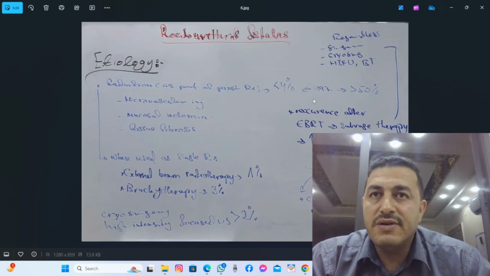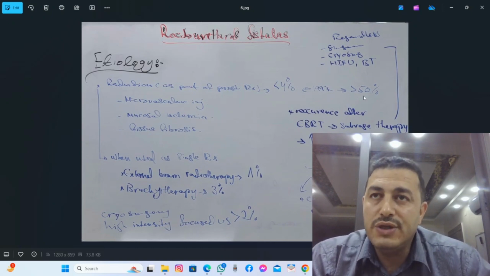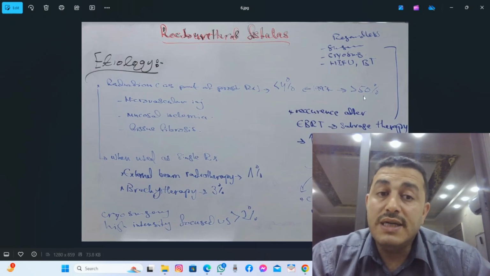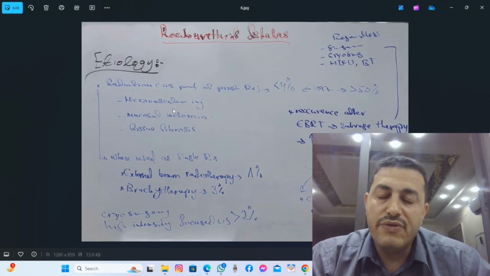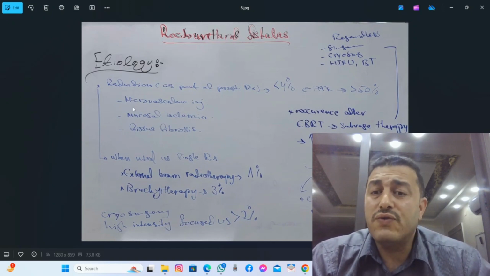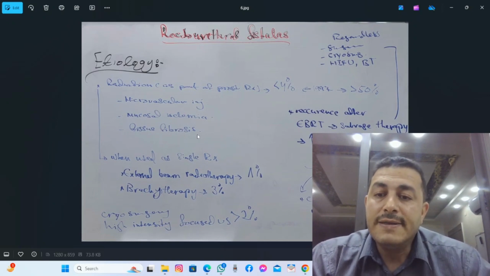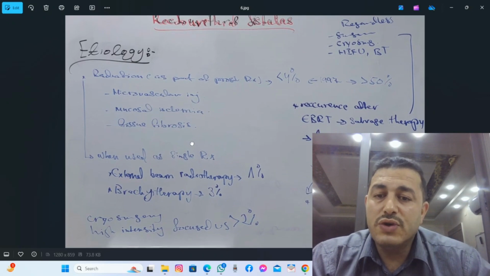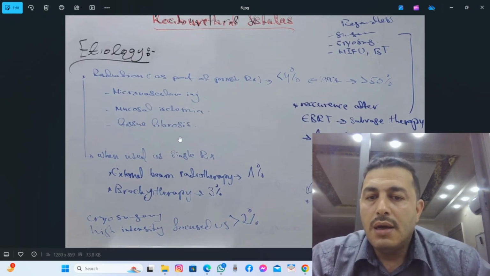Nowadays, after 1997, more than half of the patients are treated with radiation as a main treatment or as an adjunct to other modalities. So we said that radiation may increase the complexity of the fistula itself. Of course, how can radiation cause fistula? Microvascular injury, mucosal ischemia, tissue fibrosis, and actually if radiation is used as a single